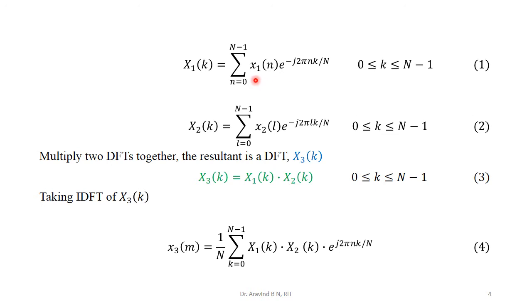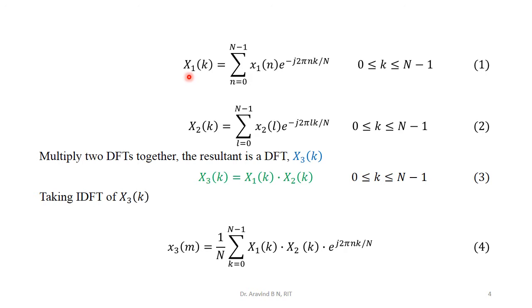One more thing, x1 of n is present here and x2 of L is present here. This is just a notational variation to indicate these are two separate sequences, and the term n we are using over here, and L is being taken over here. Therefore the corresponding notational variation L is present here. So this is just a notational variation we are going to have.